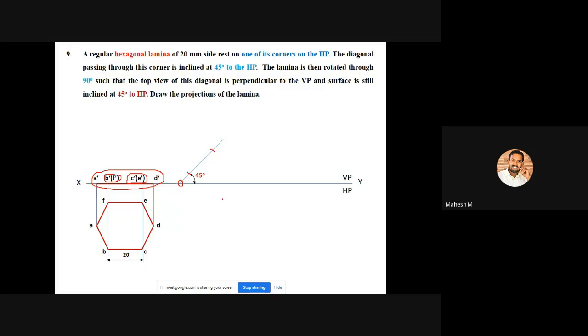And then measure the distance between A dash and D dash, and create an arc like this. Now you will get all the 4 points. Mark them as A1 dash, B1 dash of F1 dash, and C1 dash of E1 dash,